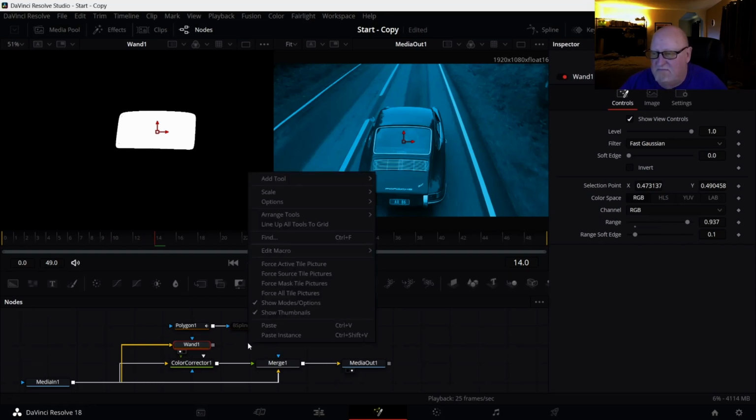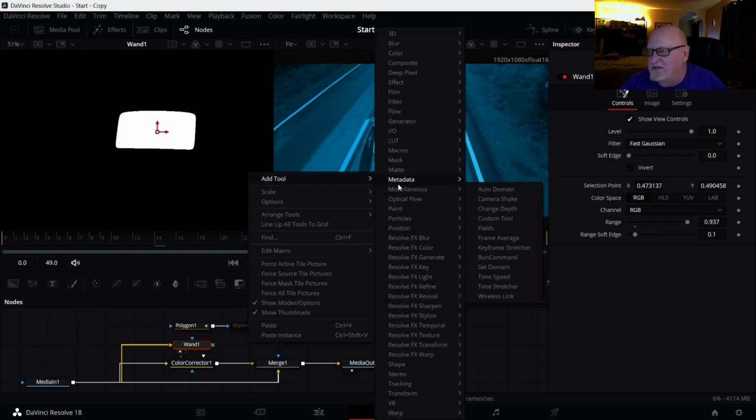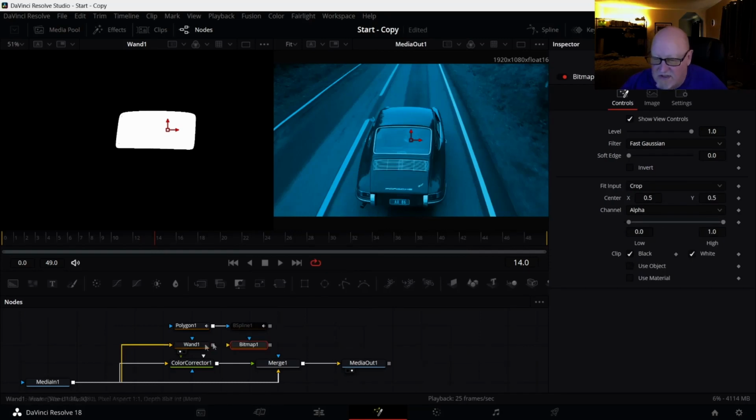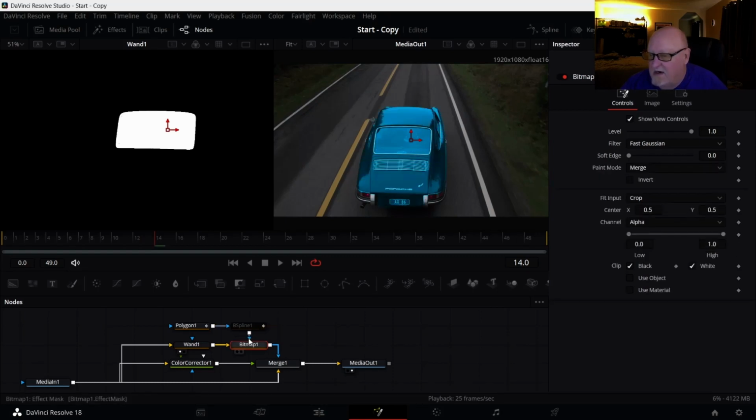That other tool is called a bitmap, and it's also part of a mask that gives you some more control over this type of thing. So let's move the wand into the color here and move the bitmap down to there, and then move our other mask that we already did over to there. Okay, and then we can come over to the bitmap here. Do you remember this point where we were over here and we merged that spline out to show us the license plate? Well, this is exactly the same thing. So we're going to move that down to subtract, and voila, we have our